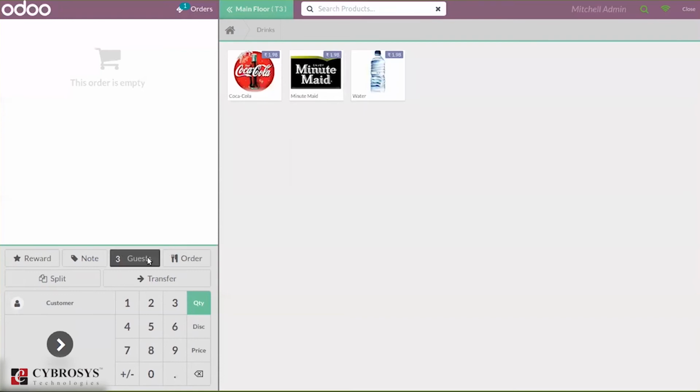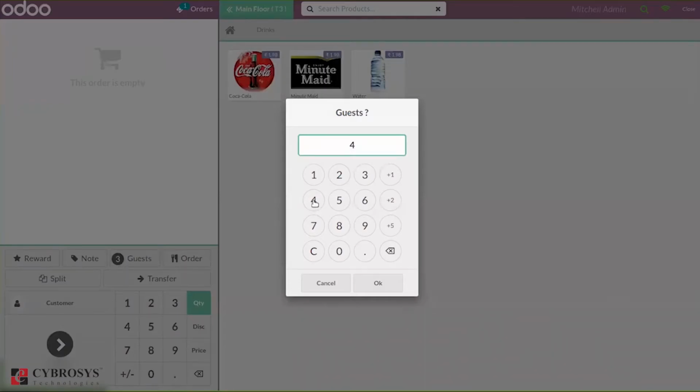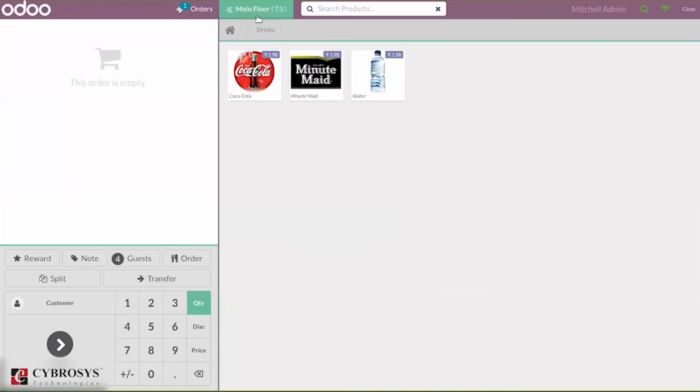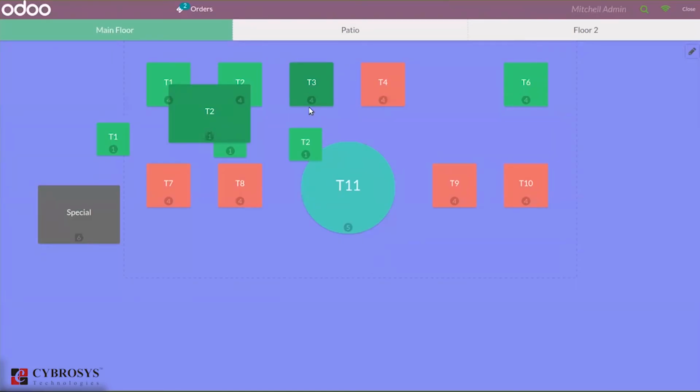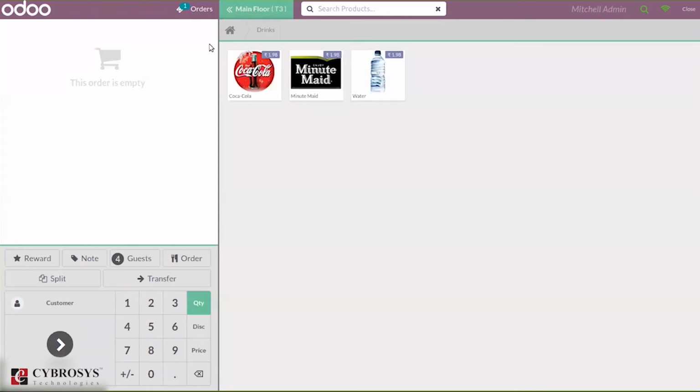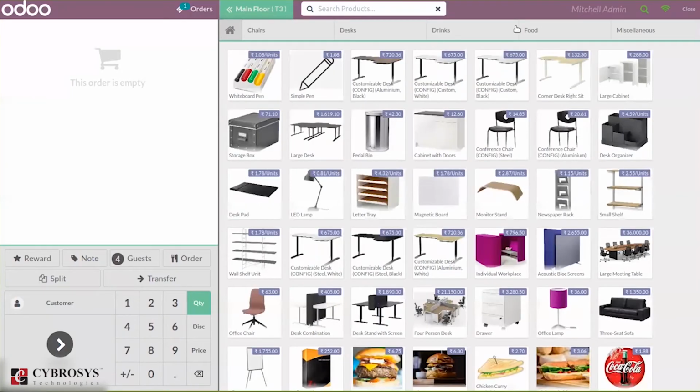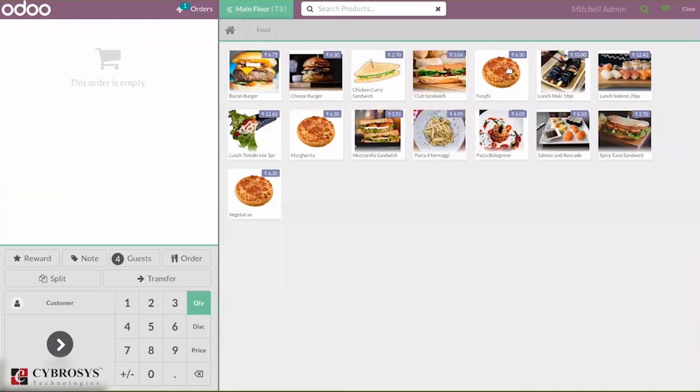And again, if I change it to 4, you can see it is filled completely. That is the number of guests equal to the number of seats. So the guests are filled in the seats. Then here, if I place some order, so the customer is ordering something in this table, T3,